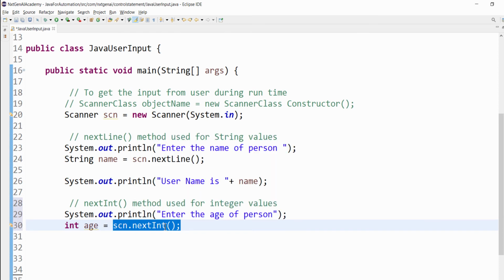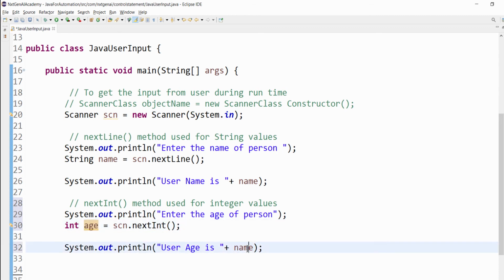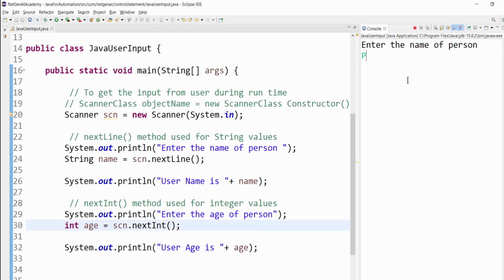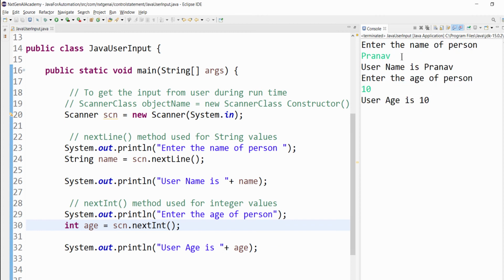This particular line gets the integer value during runtime and saves it to this particular age variable. Same way I am trying to print the age. Let's execute. Enter the username. So the username is Pranav. Now enter the age of the person, 10. So the user age is 10. This is how we have to get string and integer values during runtime.